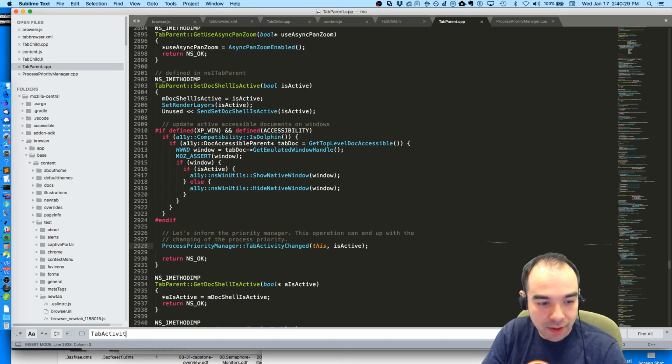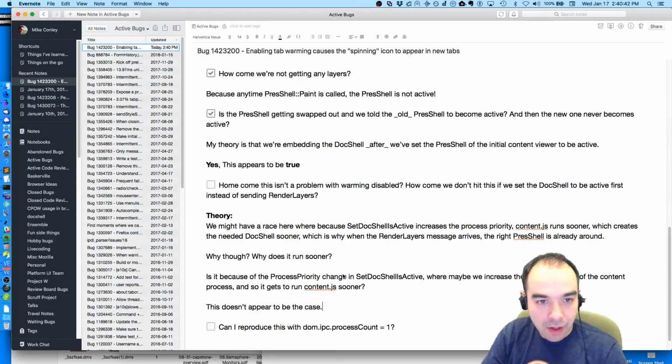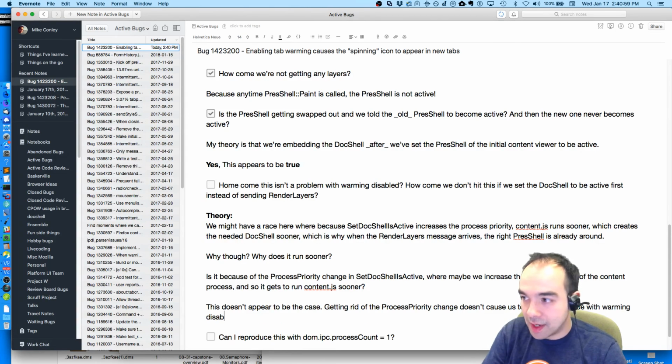Unless activity changed. This doesn't appear to be the case. Getting rid of the process priority change doesn't cause us to recreate the issue with warming disabled.